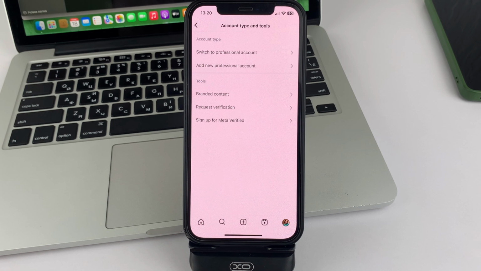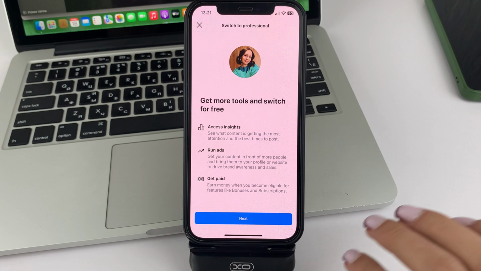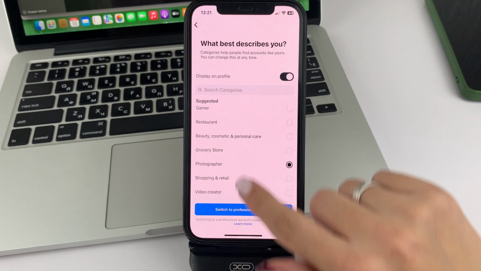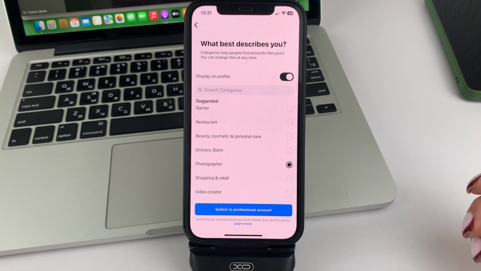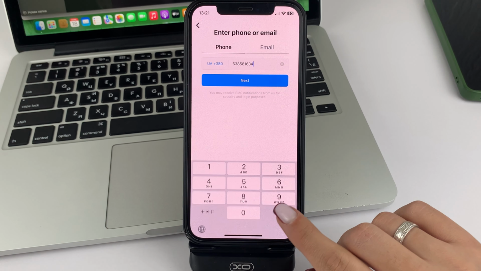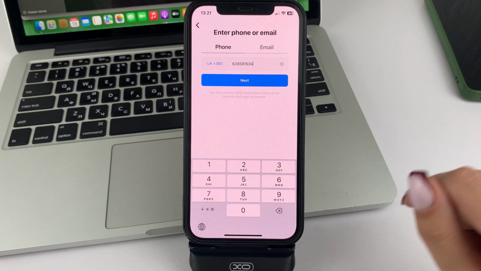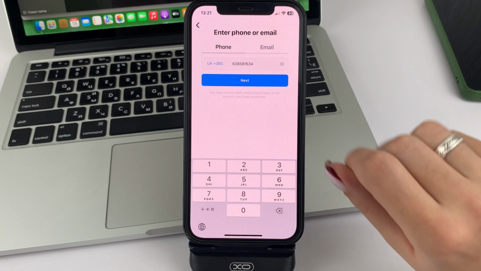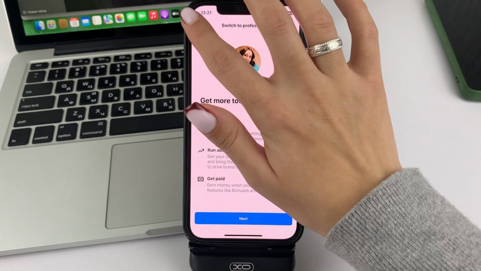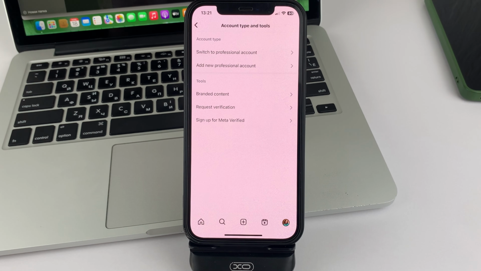If you want to use some other page as your professional account, then you'll need to select the next option, which is Add a Professional Account. Here you will need to click here. Now continue. Now you will select the area that your account will specialize in. After that, click on Continue below. Now you'll need to keep the phone number or email that your page is linked to, another one of your pages, and then continue. So everything is as Instagram will tell you. This way, friends, you will be able to add another account for yourself, but it will already be a professional account.